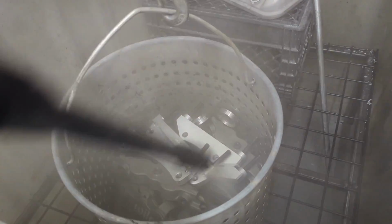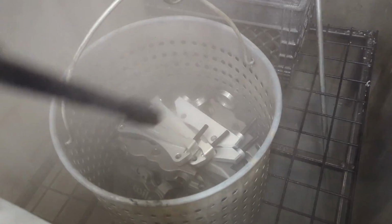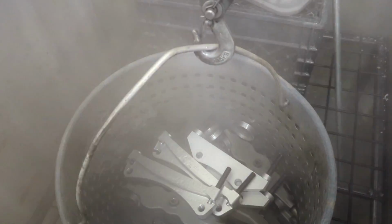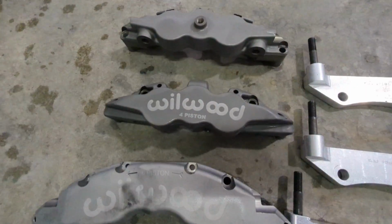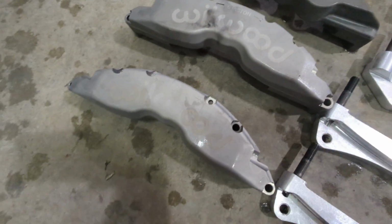So we'll throw them into the rinse tank. Gonna pressure wash them all off. These things are definitely warm, obviously. They're in a 180-degree tank. So hopefully this doesn't steam up the lens too much as I'm doing this. I don't know if you guys know, I actually record all this stuff on my phone, so...